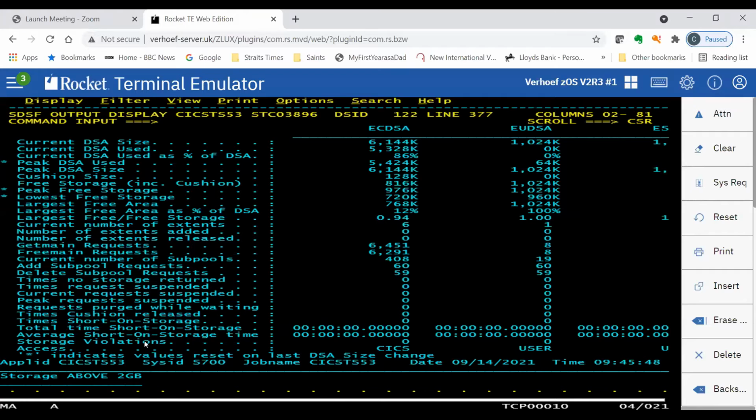And also, let's move away from COMMAREAs and start to use channels and containers, because then all that storage is above the bar and it's managed by CICS. You can have as much as you like. So CICS does its thing to try and minimize storage violations, but we can also help by coding our applications now using channels and containers rather than COMMAREAs, and that will help us there too.